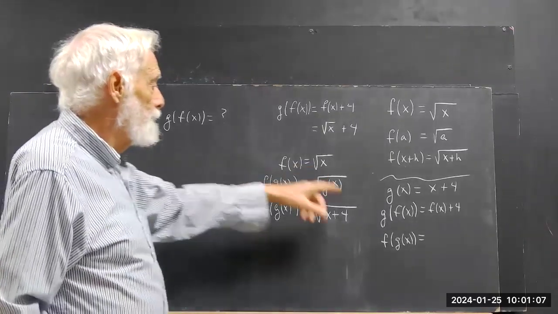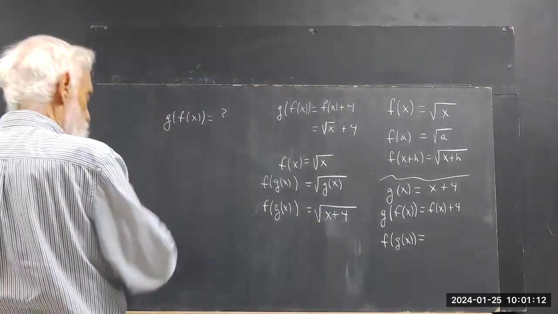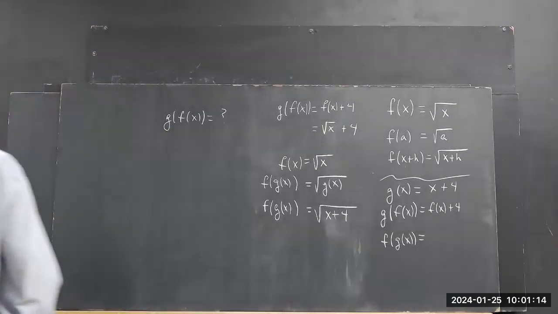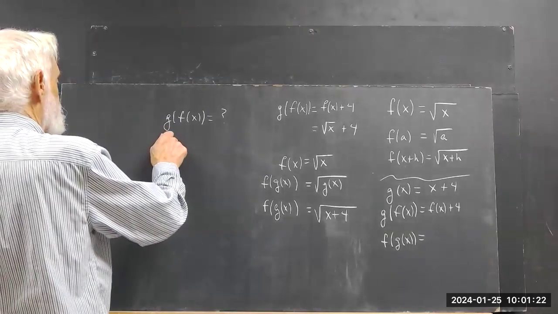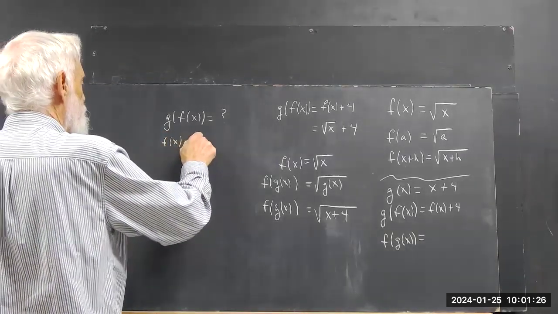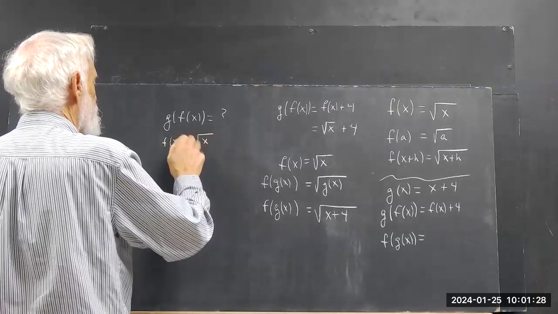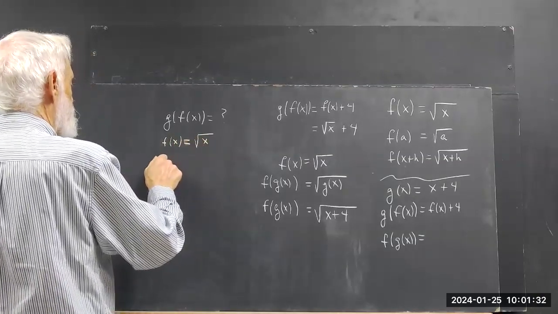Well, first, we go to the definition of f of x. So I'm going to write this out. I'm going to use colors a little bit. f of x equals square root of x. Then